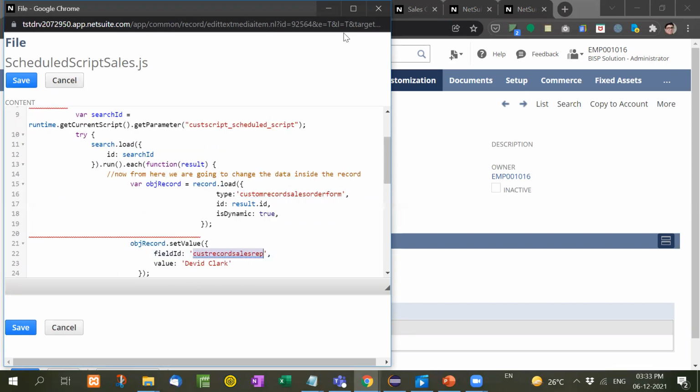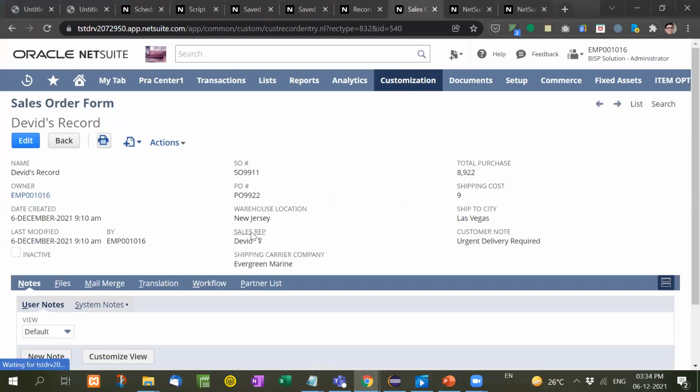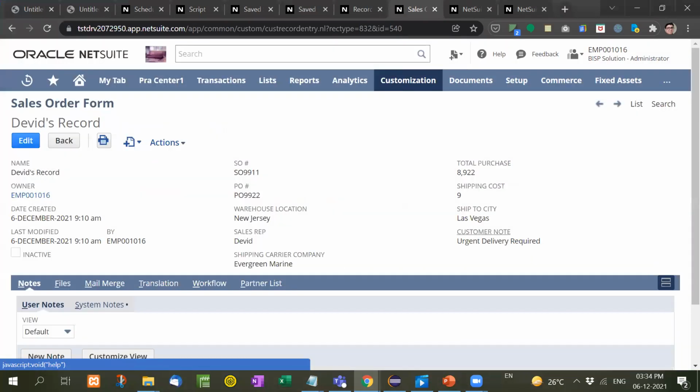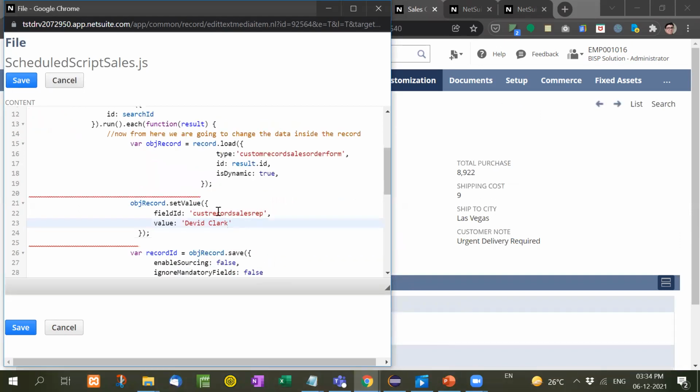Custom record sales rep means, let me show you this, here. This custom record sales rep, this is the ID, right? So now we have to change the set value where the custom record sales rep is. You have to change it to David Clark.